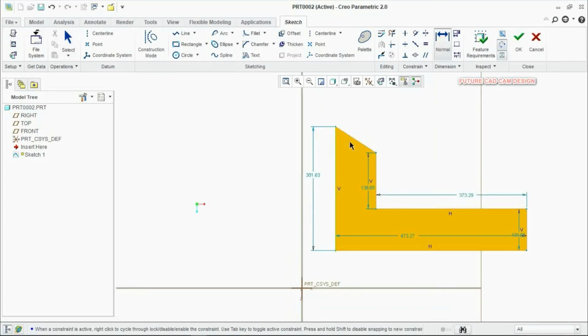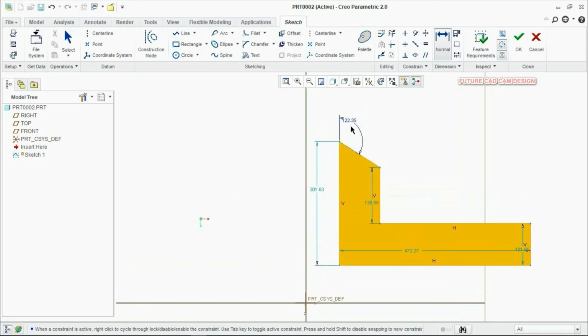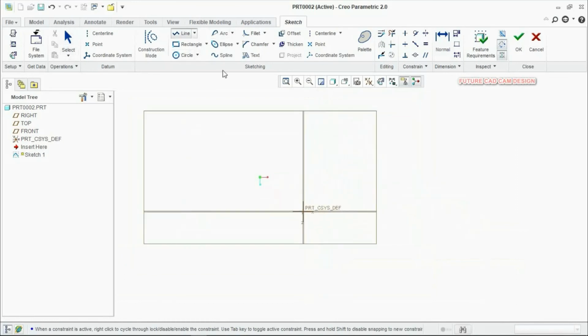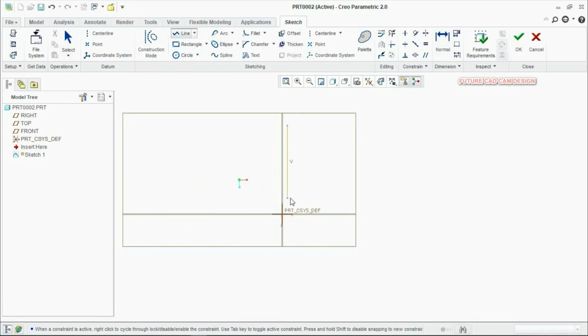Again I am doing the same thing, selecting line 1, line 2, but this time I am going to press my cursor outside the sketch. So the dimension has been created here. So based upon the position where you are clicking the scroll button, the dimension will change. If, after selecting these two lines, you click the scroll button inside the sketch, the dimension will be created in between the two lines. If you click outside, the dimension will be created outside the sketch. So this is the difference. Then now I am creating one new sketch.